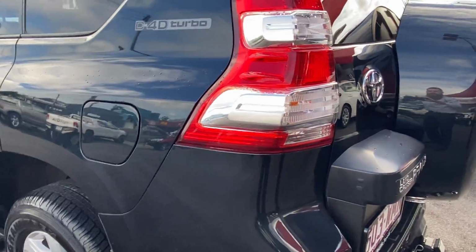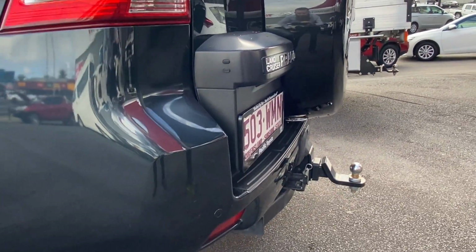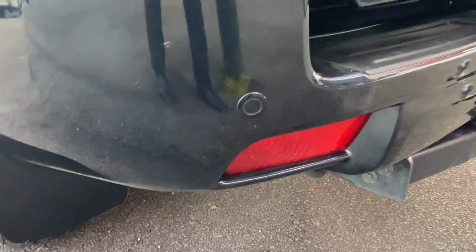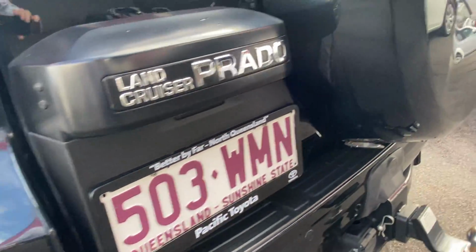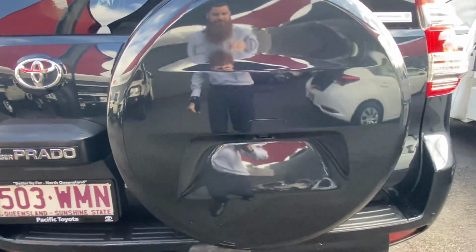All of our vehicles as well come with a PPSR, so showing that they're not repairable write-offs, have never been stolen, anything like that. So as we can see, it is set up for towing. You've also got your reversing sensors there as well. And as we come over on the wheel cover, obviously we've got our built-in reversing camera there. But as we can see in the back end,